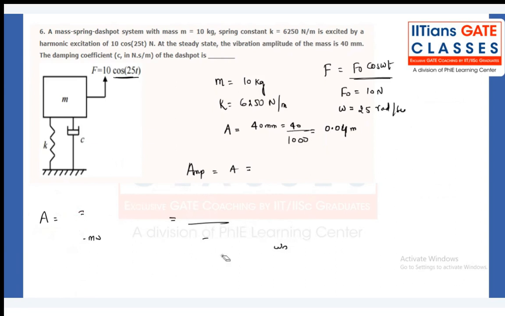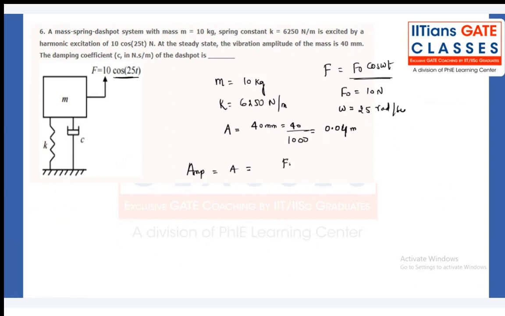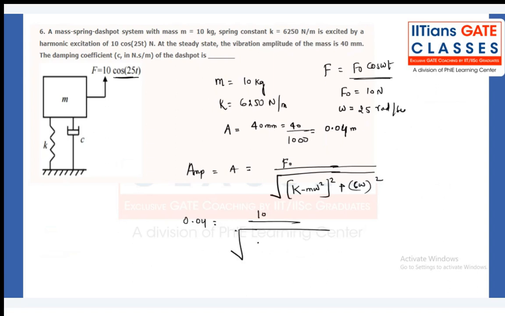So what I'm doing, I'm just removing this part. I'm writing only the first formula. What I'm writing here: F naught divided by... A is what, guys? 0.04, which is equal to F naught. What is the F naught? 10 divided by K. What is the K value? 6250. M omega, what is the omega? 25, that is the whole square